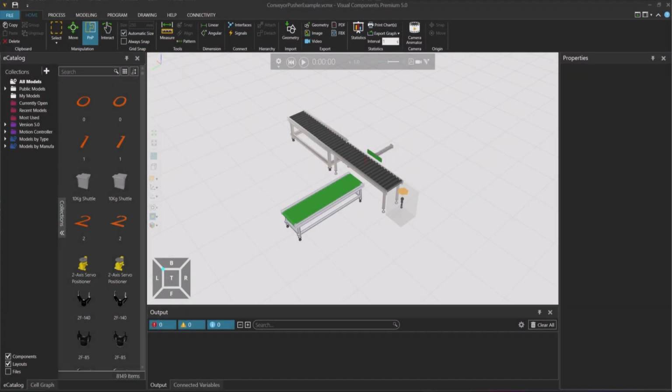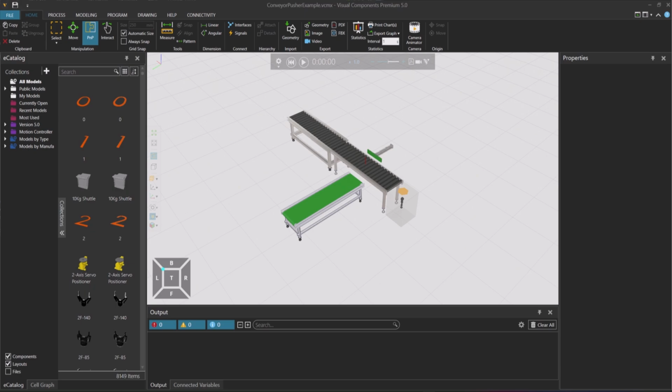The LS Electric plugin is used to exchange data between Visual Component simulation and a LS Electric PLC. The PLC can be either a hardware PLC or a simulated one. In this tutorial, I am using a simulated PLC running inside the XG5000 PLC environment. You can download the files used during this tutorial from the Visual Components Academy next to the video.